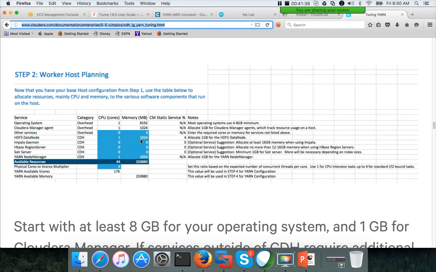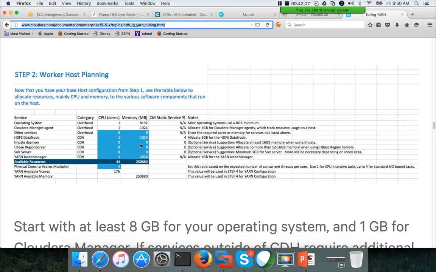After other services, we have to have a data node on the cluster if you want to use YARN, and the data node also takes some memory on each node. Typically 1 GB is more than enough. In some cases, we might give 2 GB when we troubleshoot an issue, or if Cloudera or Hortonworks recommends increasing the data node memory size for performance reasons. But we don't give more than 2 GB for a data node.